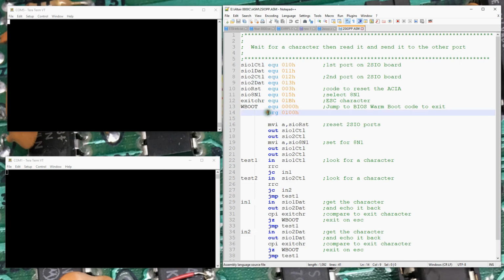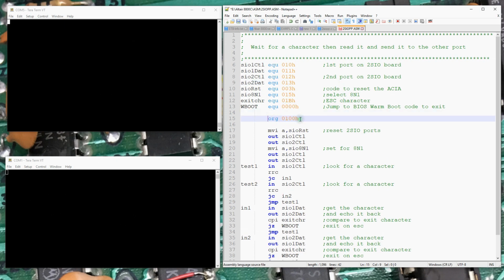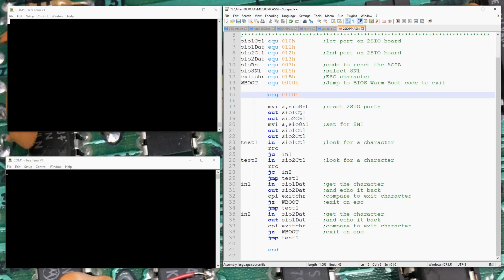The program is going to originate at address 0100 hex, which is where programs normally start under CP/M. So we can look quickly at the assembly code. We're going to move into the A register this reset command, output it to the SIO1 control port, and then output it to the SIO2 control port, and that resets both the UARTs. Then we pick up the byte that sets it to 8N1, and again output it on control port 1,